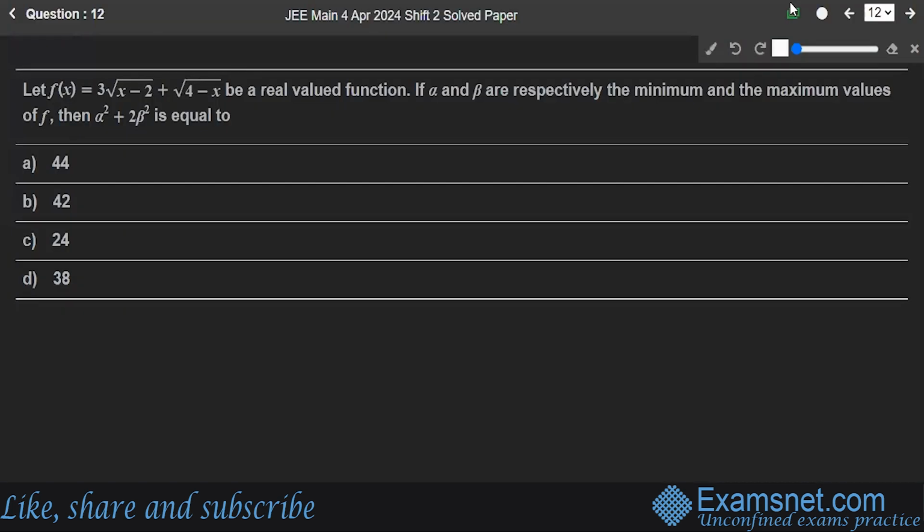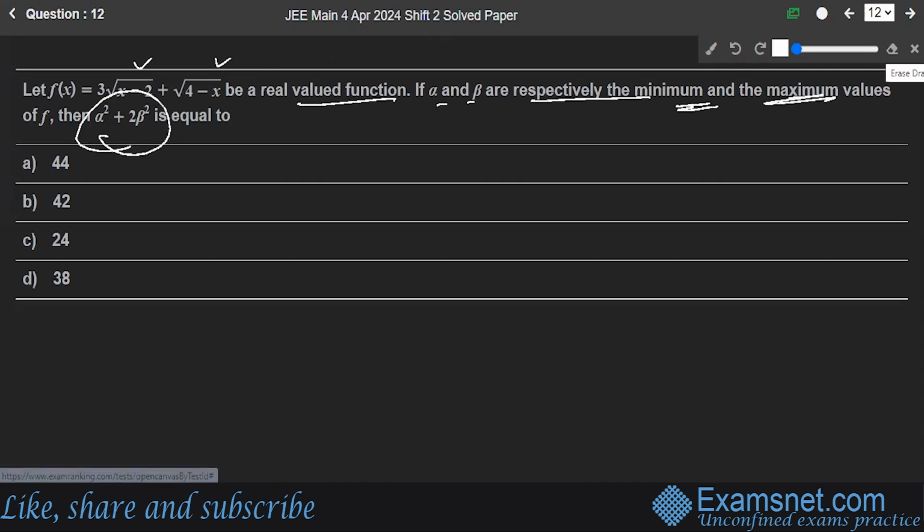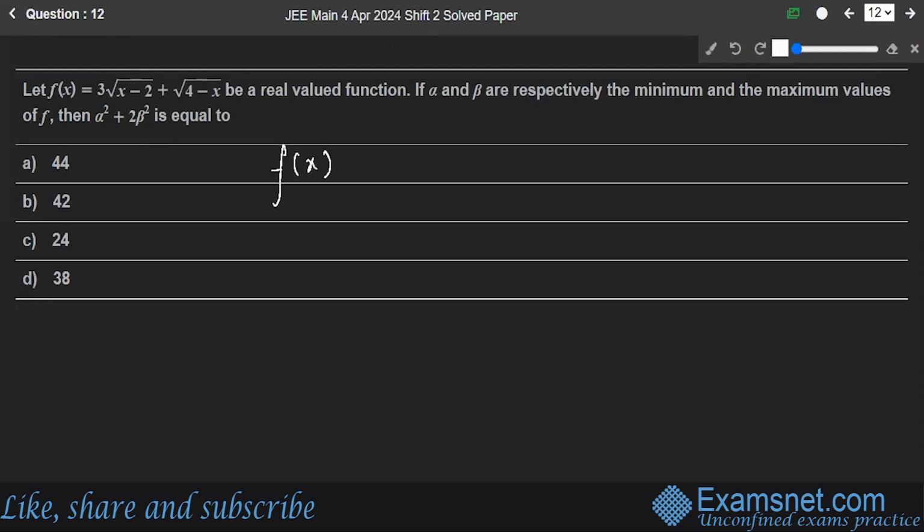Question number 12. Let f(x) be equal to this, a real valued function, and α and β respectively the minimum and the maximum values of this function. We have to find out α² plus 2β² is equal to. Fine. You have f(x) is equal to